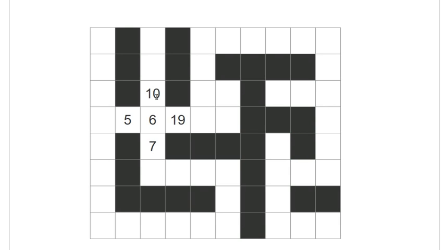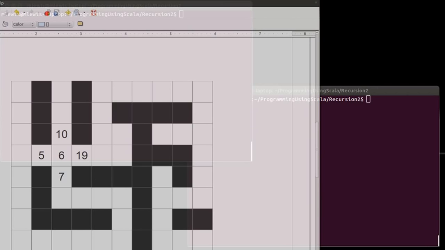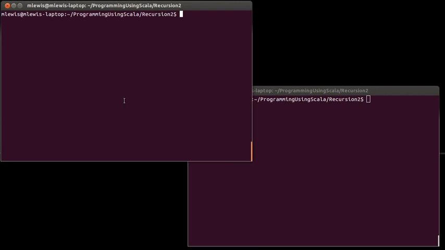So that's our general approach in terms of a diagram and talking it through. Now we need to translate that into code. So if I write a maze.scala, the first thing that I want to put into here is to declare my maze,